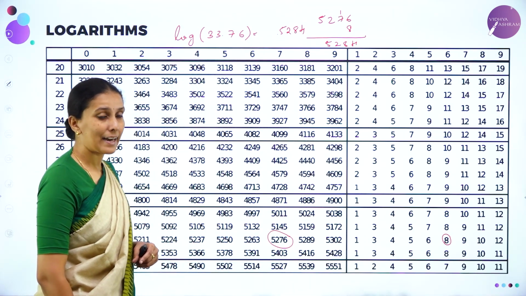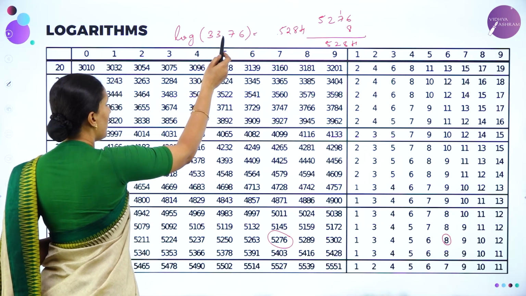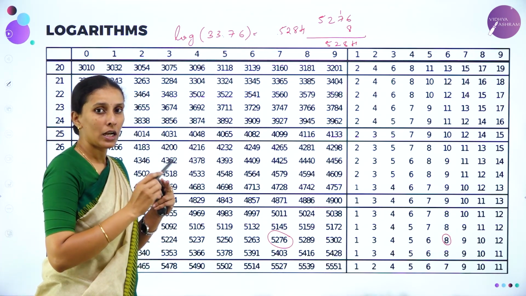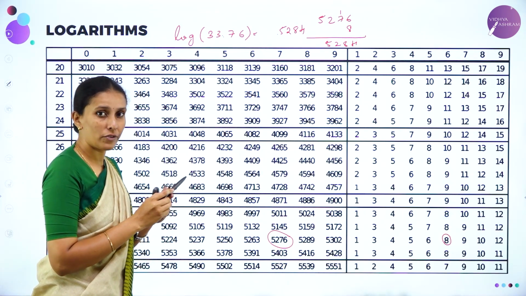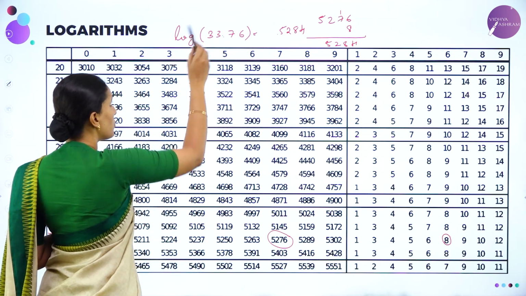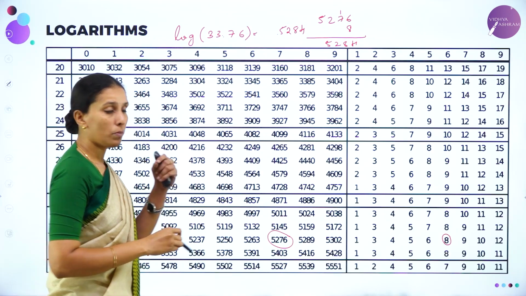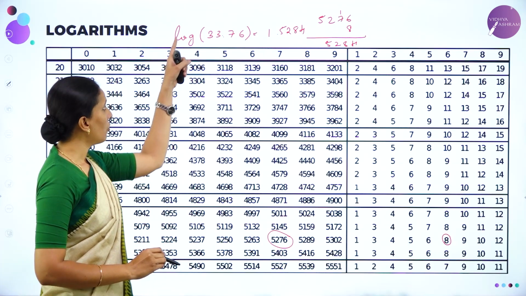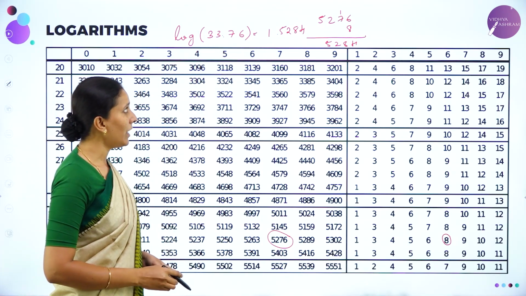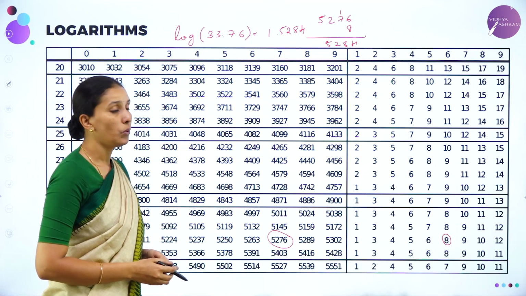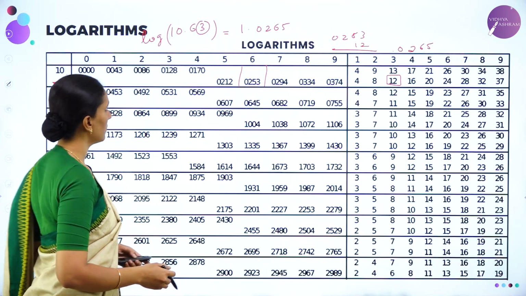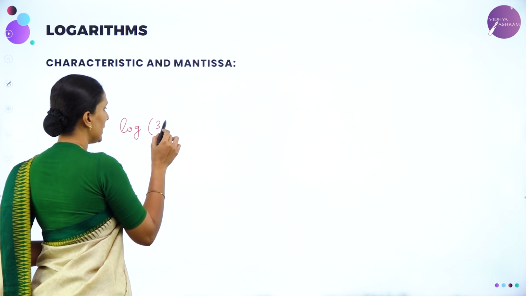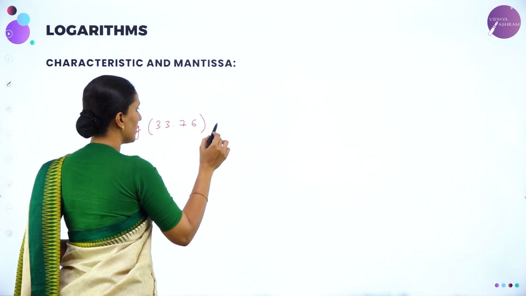How to decide the characteristic? So before the decimal point, you should see how many digits are there. Then you need to subtract the number of digits by 1. So how many digits do we have? 2 digits. So 2 minus 1, 1. So the value of log of 33.76 will be 1.5284. So log value of 33.76 is